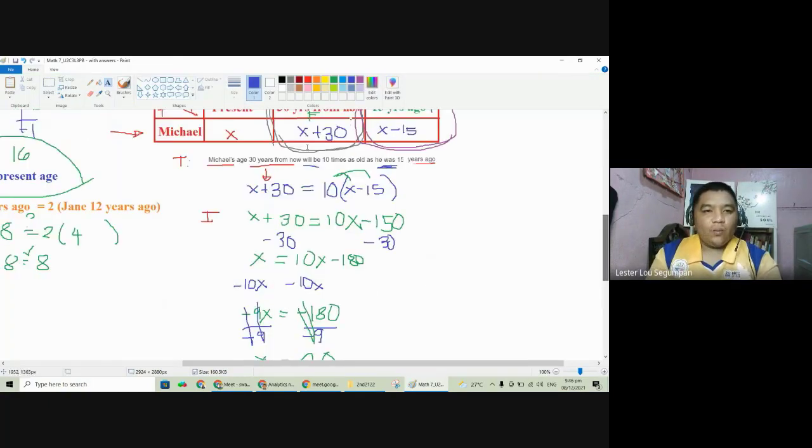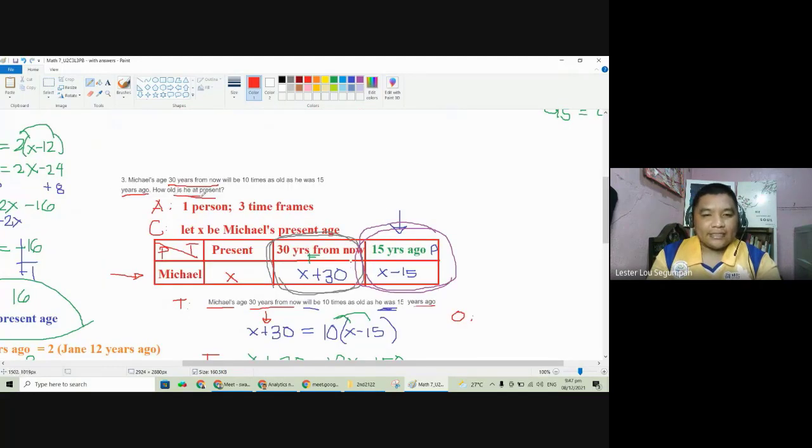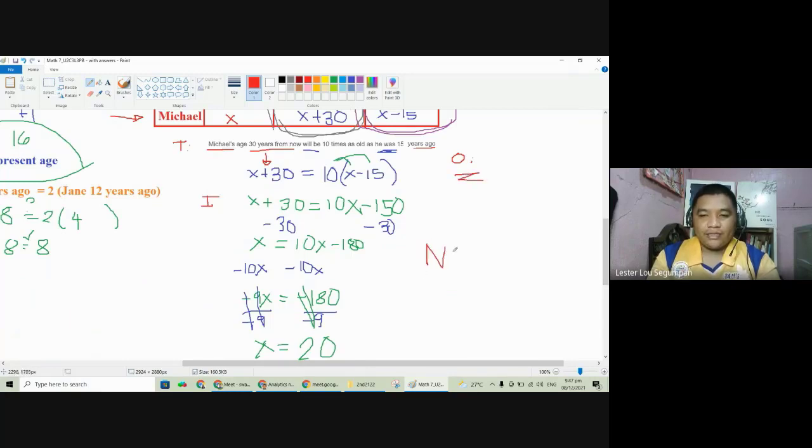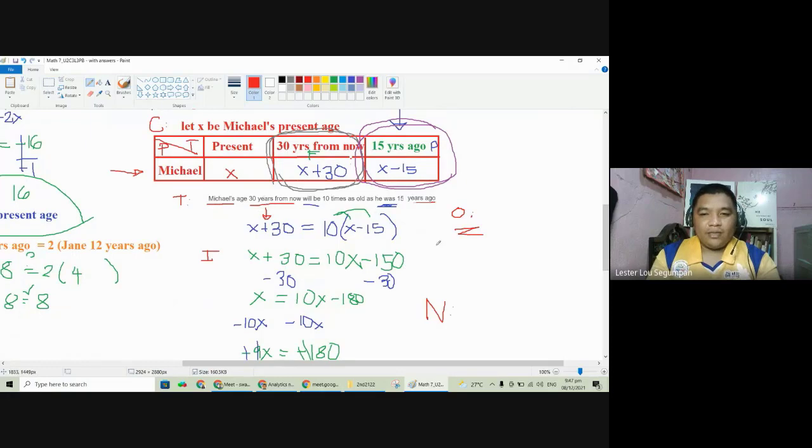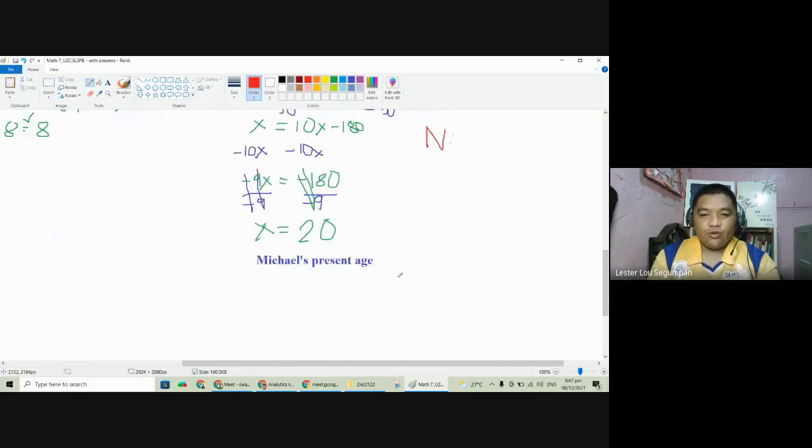Now, supposedly, we have the step O for overplaying, and that should be followed. But since we don't have other things that are asked here, it is only the age of Michael at present. If ever there are some questions, just for example, how old is he at present and in 5 years? Then you need to have the overplay step to solve his age in 5 years. But in this problem, there's none of that, only his age at present. So you may skip this step and proceed to neutralization,